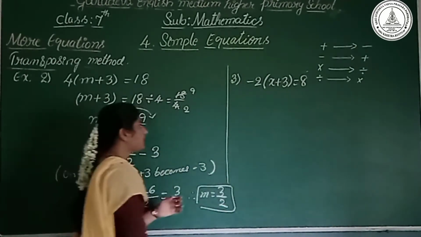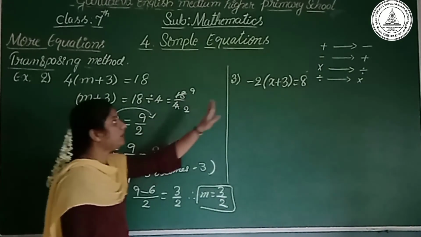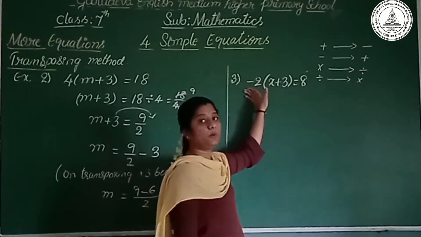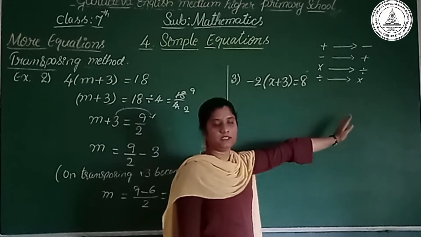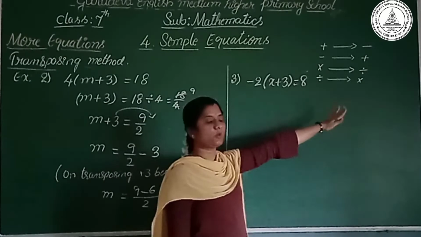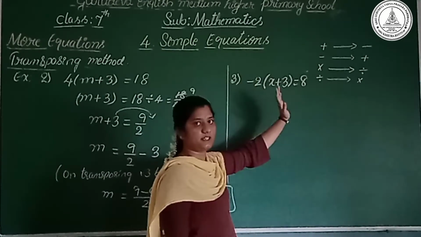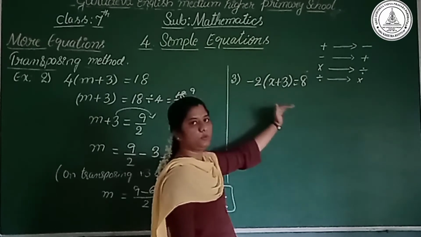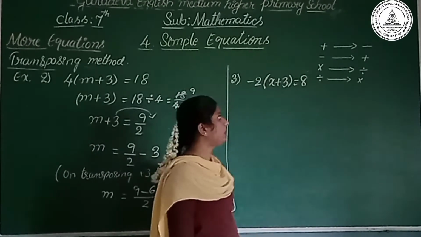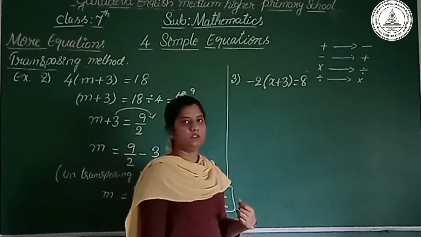Okay, you may see here there is a plus 4, so we have taken divide by. Here there is a minus 2, so you don't take it as a plus 2 on the right hand side. You may get confused here, so better to eliminate 2 on the LHS itself. How? By dividing by 2 on both sides. Here there is a minus 2, so we can divide by minus 2 on both sides.